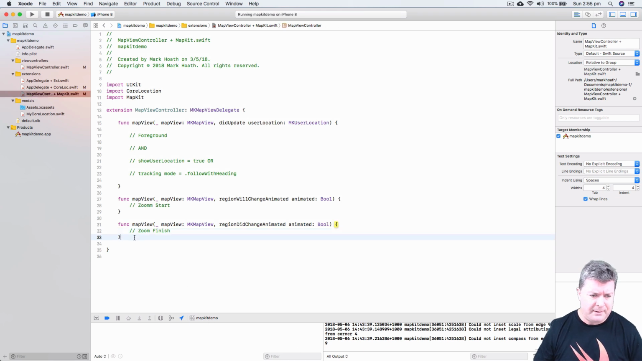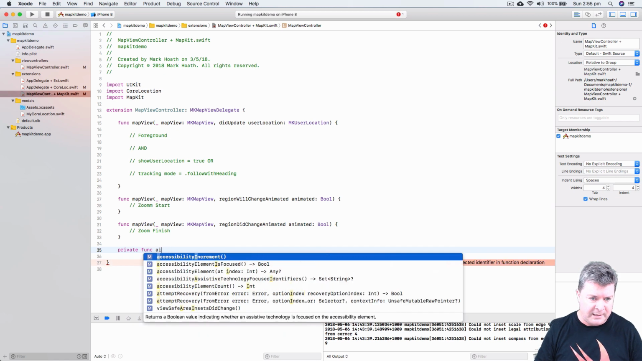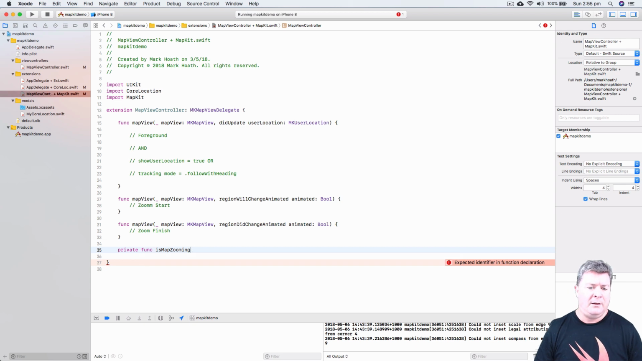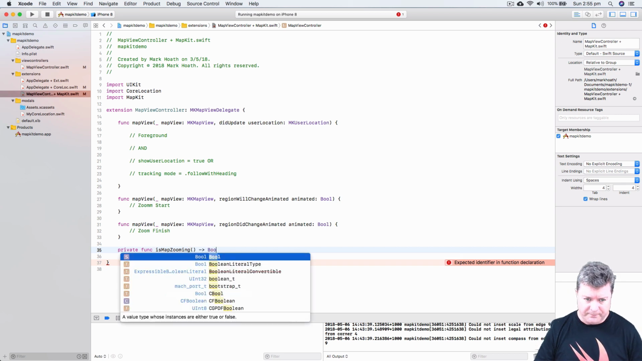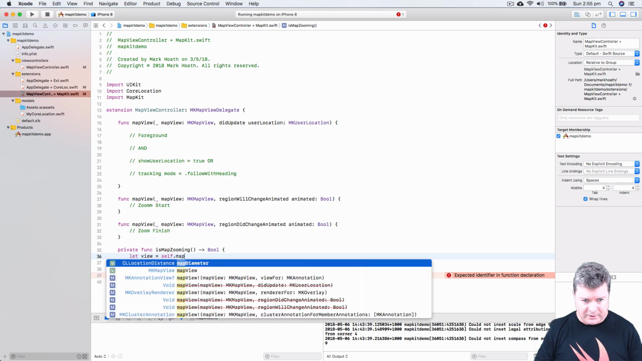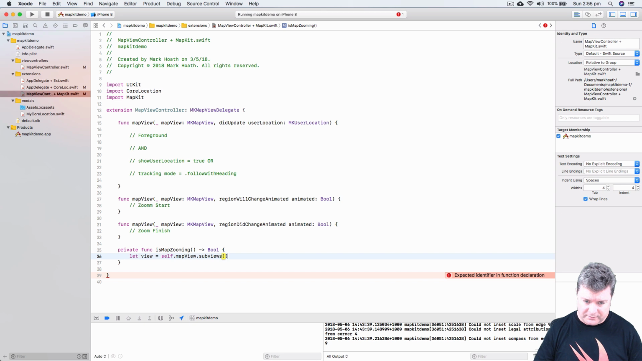what we need is a private function to determine whether or not we're zooming or not. So we just say isMapZooming, and we're going to return a boolean, and then we just go let view equals self.mapView.subviews[0], which is, hey, that's us, and